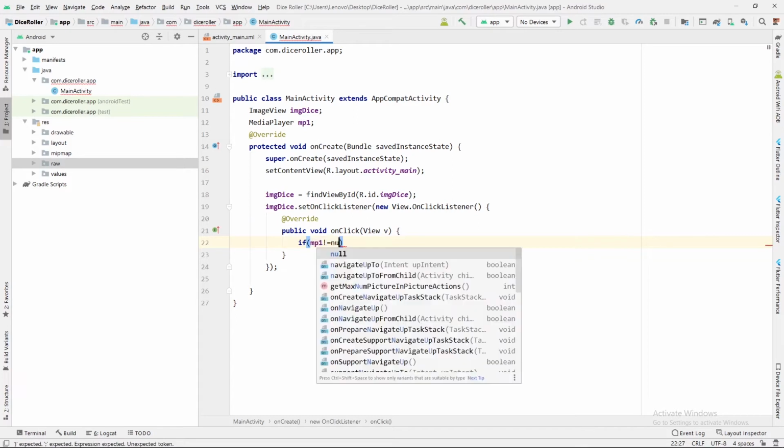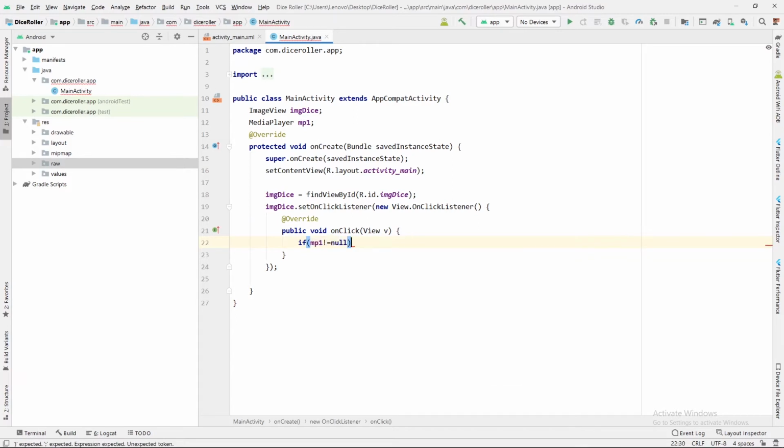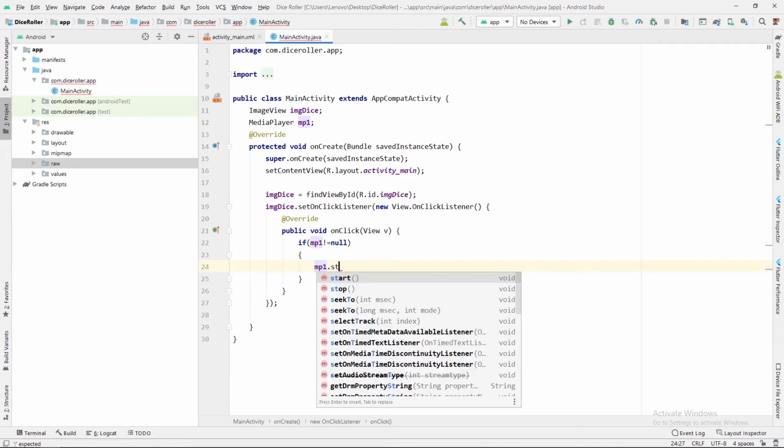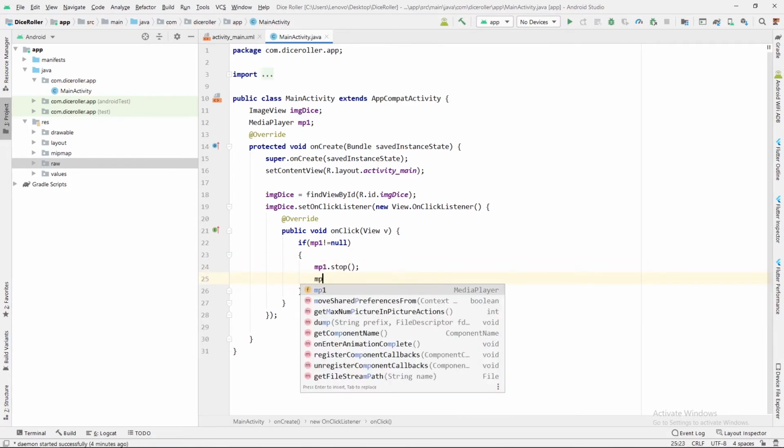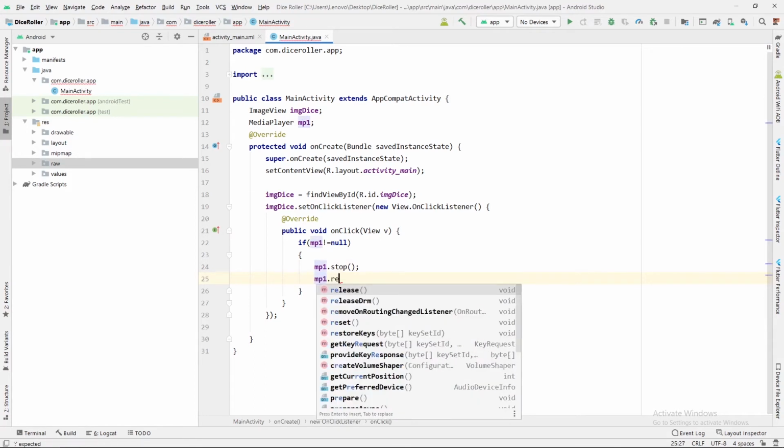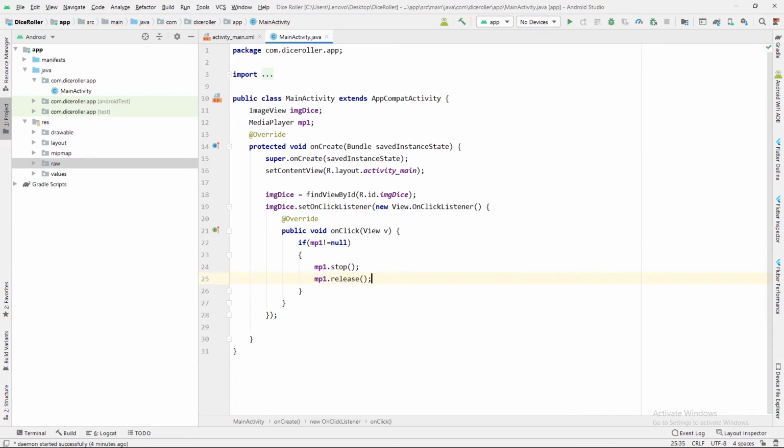So when user will click on this image of dice, first we will check if media player is null, or if it is already playing, we will stop it. Just after this we will release all the resources occupied by media player with this method mp1.release, then we will assign it null.